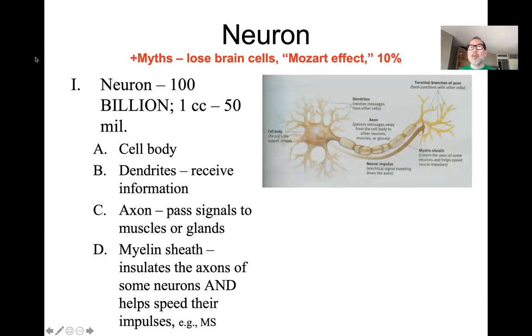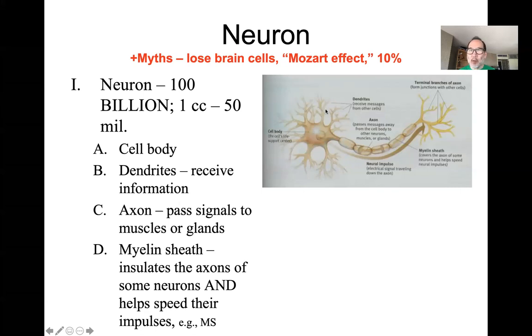Okay, so first, before we talk about the highways and byways of the central and peripheral nervous system, let's talk about the smallest part of the brain for general discussion purposes: the neuron. As you may be familiar, neurons make up both the central and peripheral nervous systems, and the brain includes billions and billions of neurons. The parts of the neuron include the cell body,